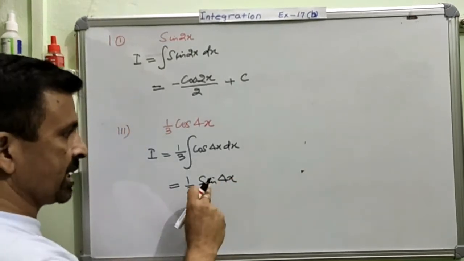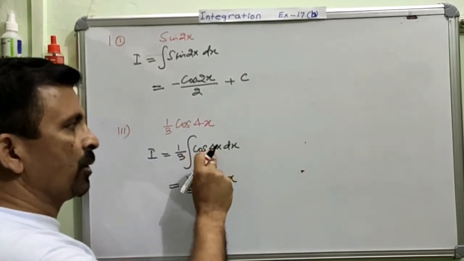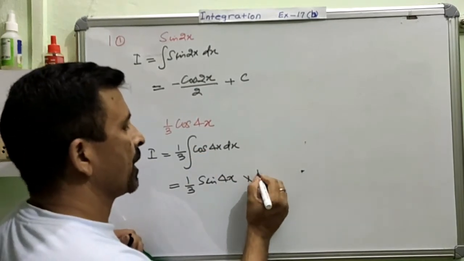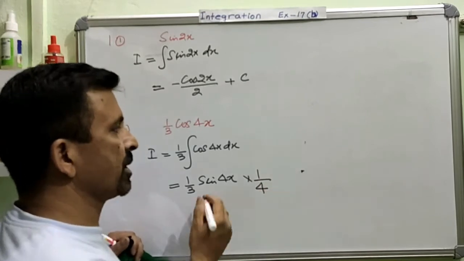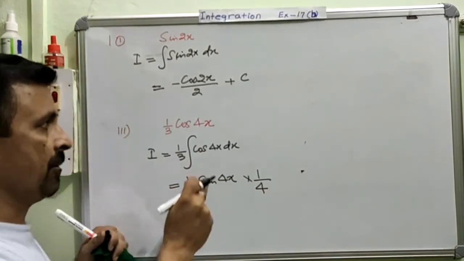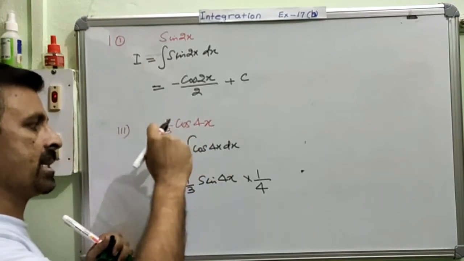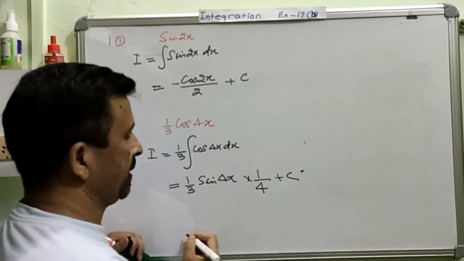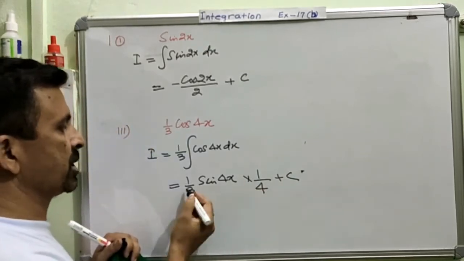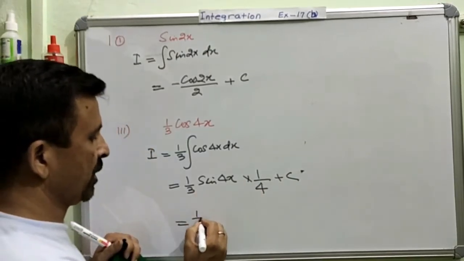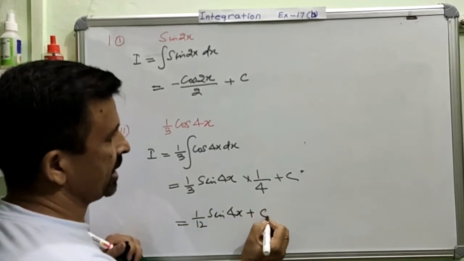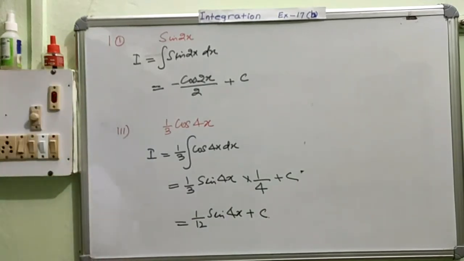Am I clear? So this is the integration of your trigonometric part. Now we are going to find out the integration of the angle part. So the angle part will simply come as a divisor, because you know that this is the reverse process of differentiation. When it was differentiation, we used to write this as a product. Now we are writing this as a quotient, and finally the answer plus c. Clear? Now we can simplify, because these two are constants, so they can be simplified. This is 1 over 12 sine 4x plus c. Am I very clear? This is your question number 3.